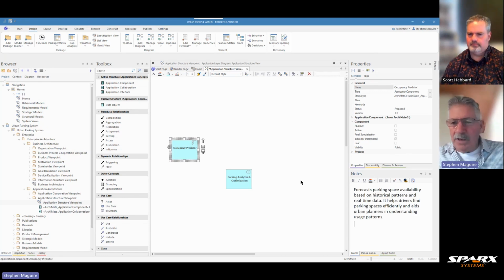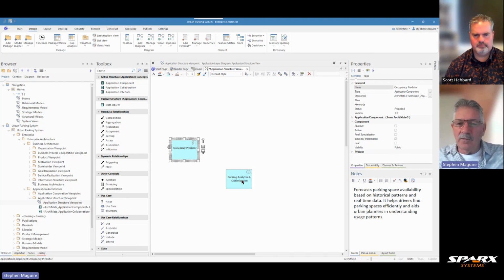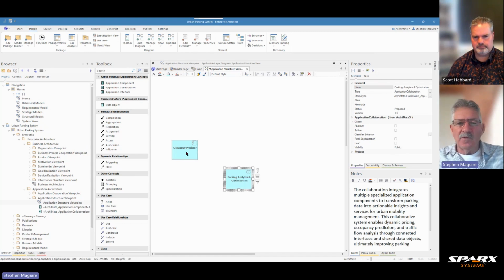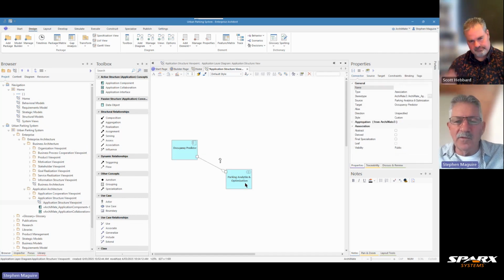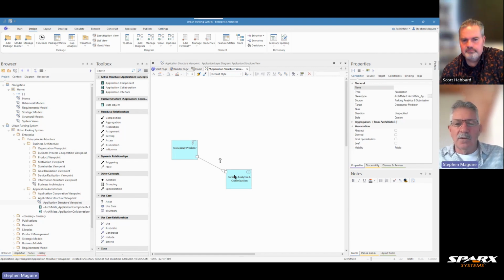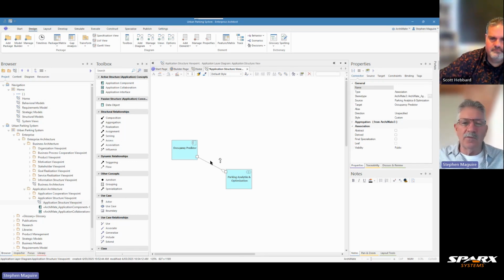Now, let's put in a connector between these two elements. One of them is the collaboration, and the other one is this occupancy predictor. So we'll click on this one, and we'll use the quick linker and drag that onto the other. I encourage you to put it into the center of the element, even though Enterprise Architect will target an edge. So, aggregation of, and there we have it. The line's telling us that the diamond end is the big player in the relationship, and this one's just one of the aggregates that's there.